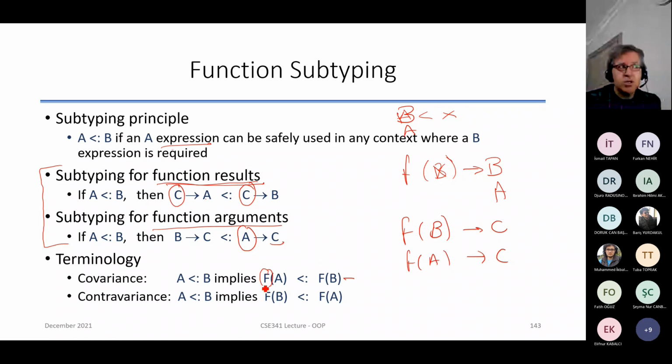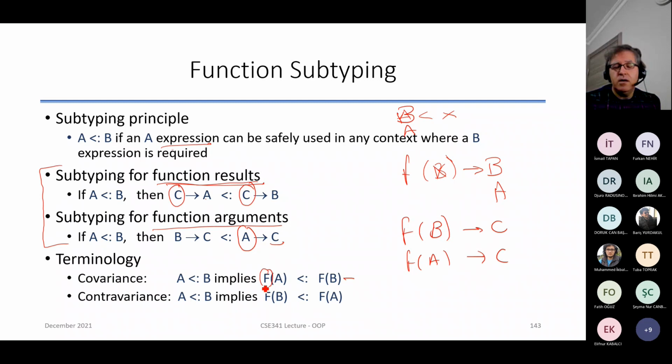So the function result will be something else, some other object. That function will create perhaps another object, and the type of that object, with the same function, when I have A or B as two different arguments, will actually result in